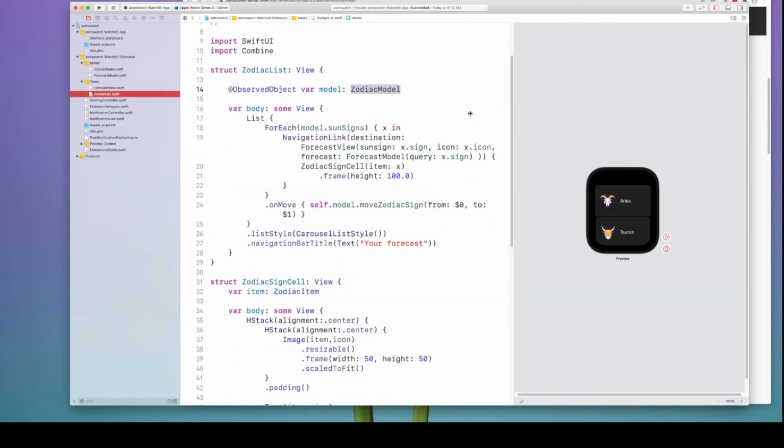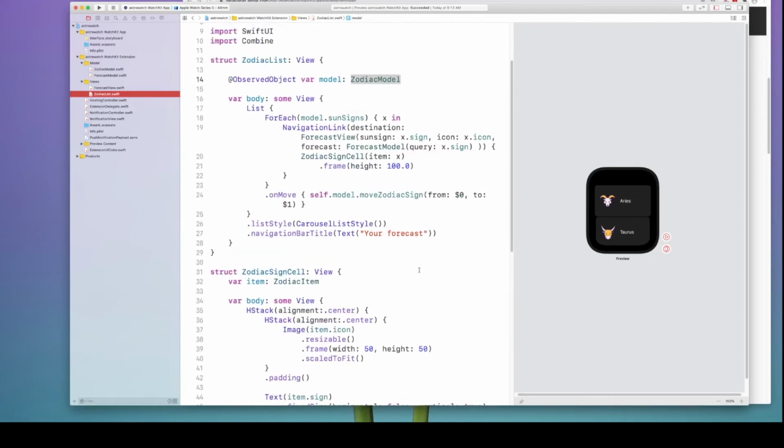Once we have the zodiac model ready, when we go back to the views and write the rendering of each view, you would see that in the preview itself. Now, how does this work? I'm iterating through each of the zodiac signs and creating a navigation link. The reason I'm creating a navigation link is when I click on this Aries list view item here, it has to take me to a new page called forecast view. As you can see here, there's a forecast view. That is what I'm doing here. I'm pointing this forecast view as a destination for this navigation link.